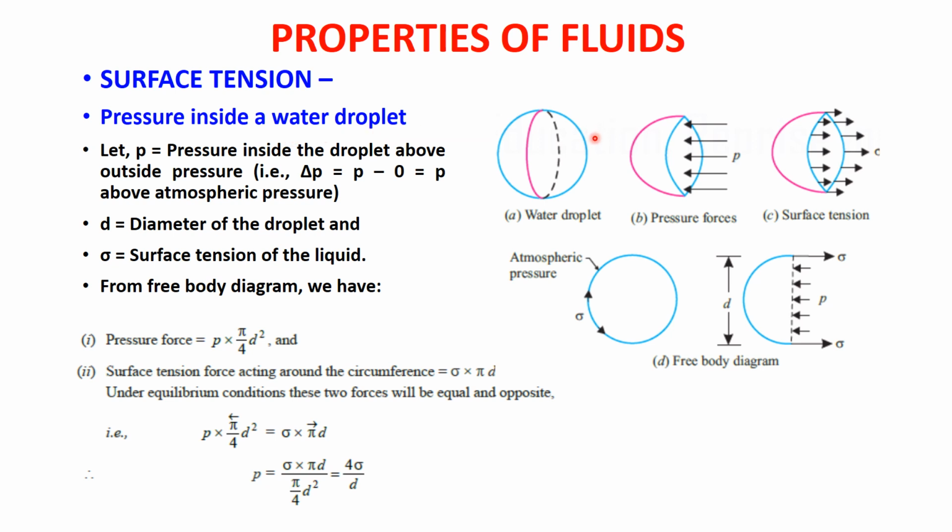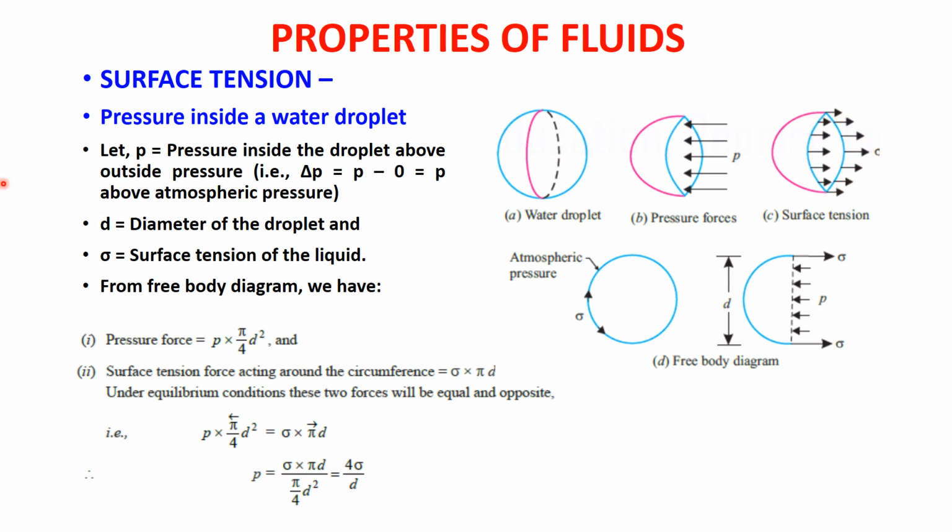So here you can see three things shown. One is the water droplet, shown by a blue color. Second are the pressure forces acting on that particular water droplet. And third are the surface tension forces acting on the surface of the water droplet. So now you can easily understand the concept of surface tension with the help of this diagram. When we consider this as a free body diagram, converting this 3D diagram into a 2D diagram, the water droplet will appear as a circle, and here the surface tension forces will be acting, which are shown here. So basically the surface tension force will always act on the surface of the water or any droplet.